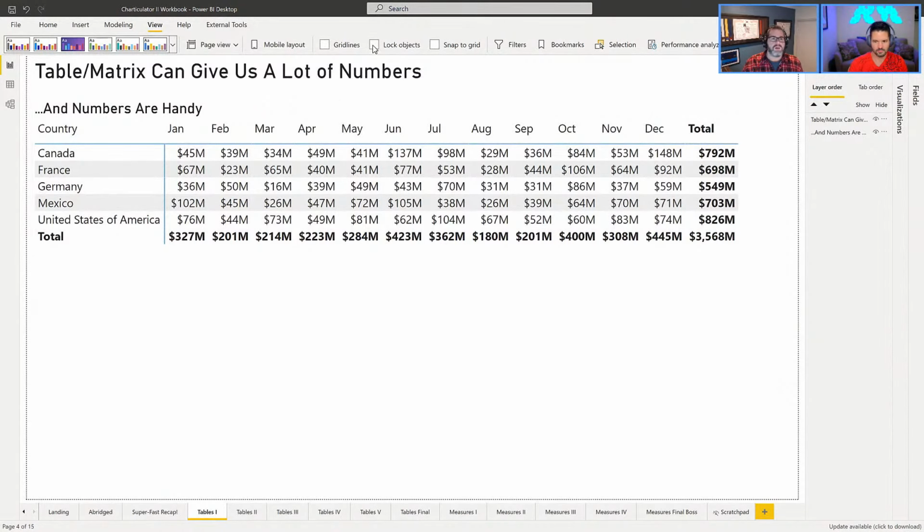Anyway, speaking of core visuals, one thing that people really, really love is tables, because tables give us lots of information. So what we have here is a matrix, kind of a table, with country down the left and months of the year across the right. This is just for 1 year, and we've got the total sales per month. Now, this is something that people like to see because they like to look at the numbers, and this is very handy. But